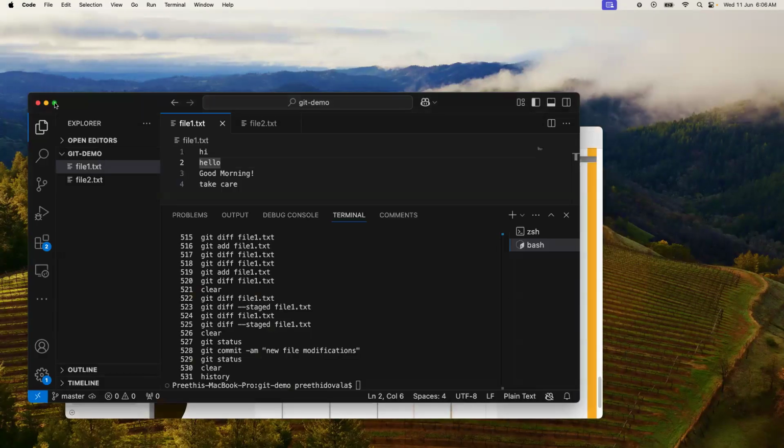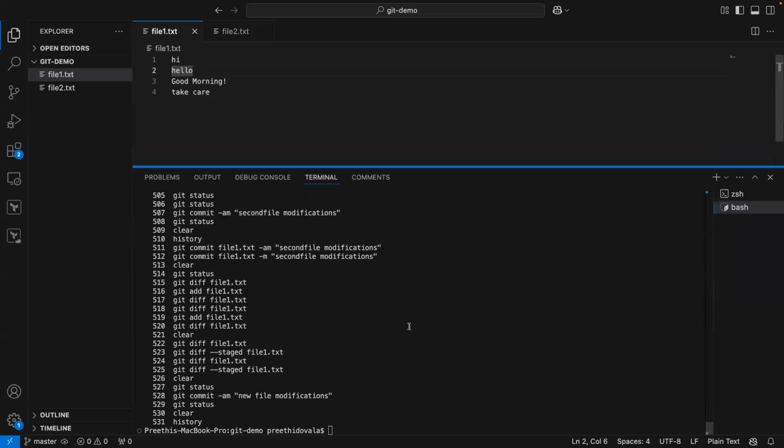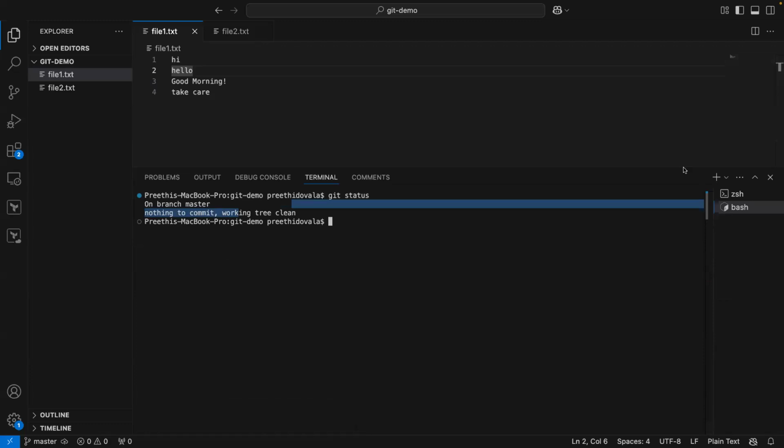Let's go to our repository. You can open it in your VS Code editor and you have the terminal right here. Check the git status. Git tree clean means whatever changes you have are all committed and added to the local repository. Yesterday we have seen git diff. Today, let's talk about